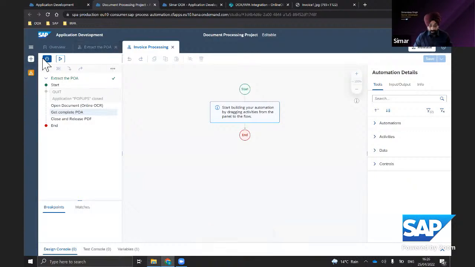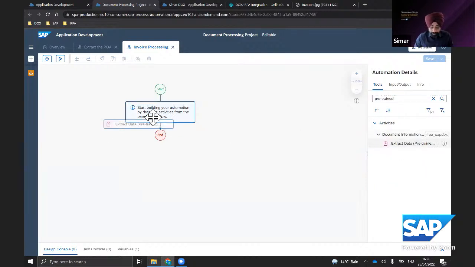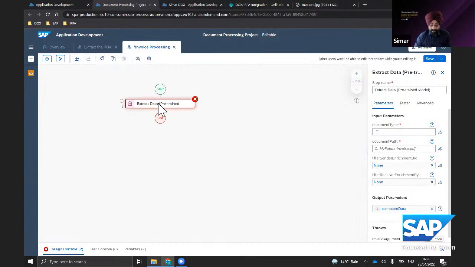For this, we have a dedicated activity to extract the data from invoices. Let's search for an activity called pre-trained invoice activity. This activity uses the pre-trained models powered by the document information extraction service.